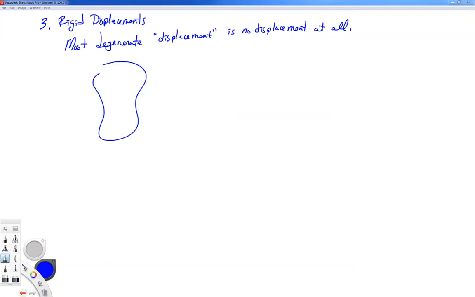So let's talk about some rigid displacements. So if we think of our body that's sitting here and we're in our coordinate system that we have, and we have our R, and here's our point P, and that point P is located at a certain coordinate triple. And I could move it if I want, but if I don't move it, that is still a displacement. We can think of that as a degenerate displacement. So if my function for xi1 is xi1 is equal to x1, xi2 is equal to x2, and xi3 is equal to x3,